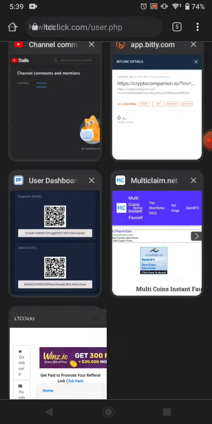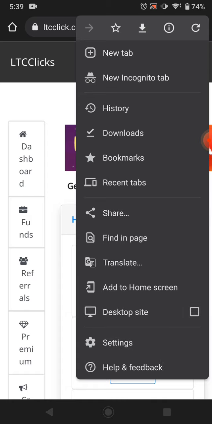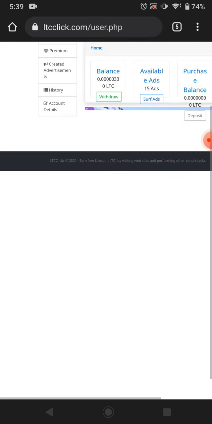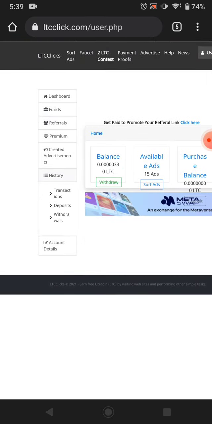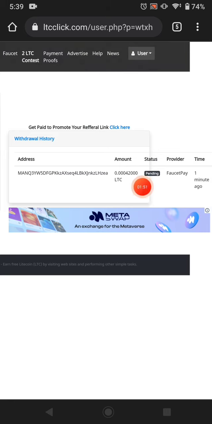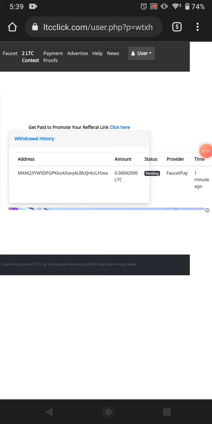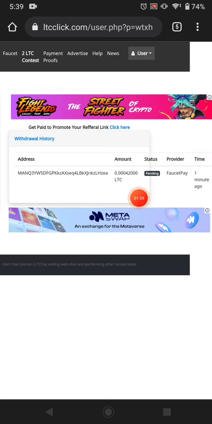I just check my FaucetPay, or you can come here. I click the desktop size and go to history, transaction, withdrawal, and you can see the withdrawal is pending. Okay, maybe this will take 1 hour or 2 hours. After 1 or 2 hours I will receive the amount, and I will share with you the withdrawal proof,